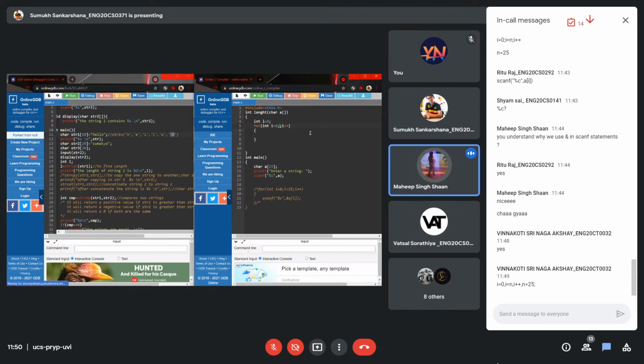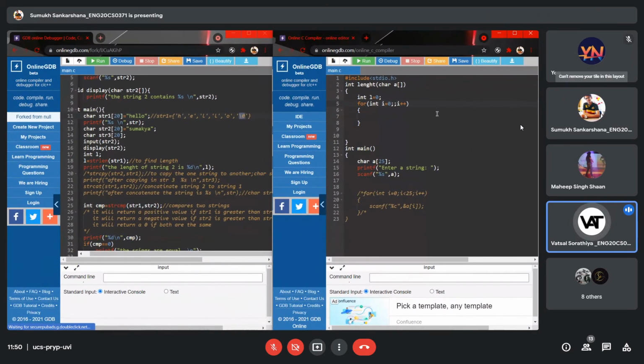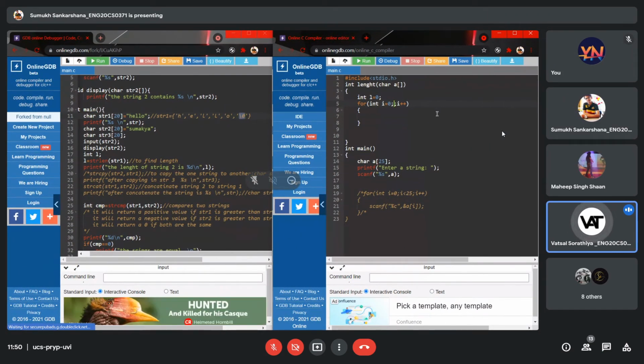A comma is used in the same sense as I explained in the for loops concept. If you want two things, for example, int i is equal to 0, comma, j is equal to 0, we separate those with a comma. Then we put a semicolon and a condition would be there. And again, we iterate like i plus plus, comma, j plus plus. So when we have the same type, we separate them by comma. Otherwise, always a semicolon is used. Kindly make a note.